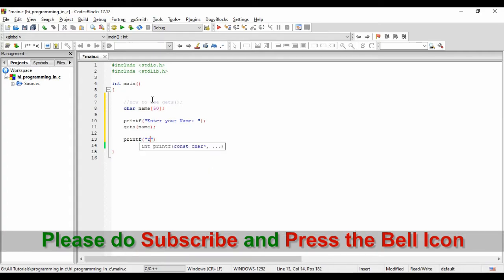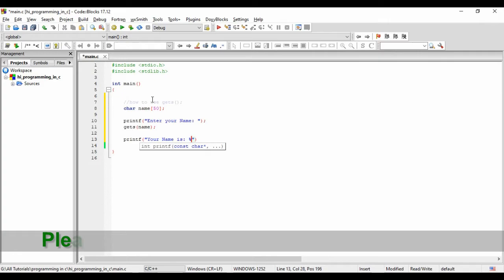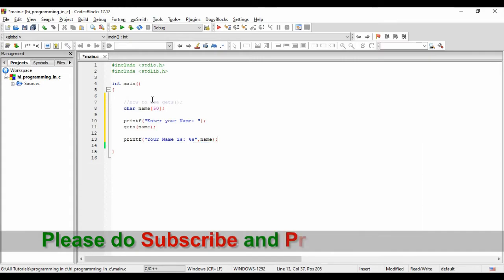print your name. Your name is percent s, string, and use name. Okay, now just